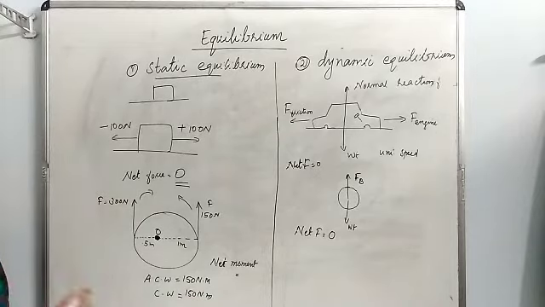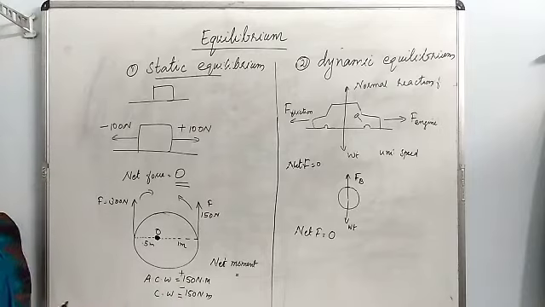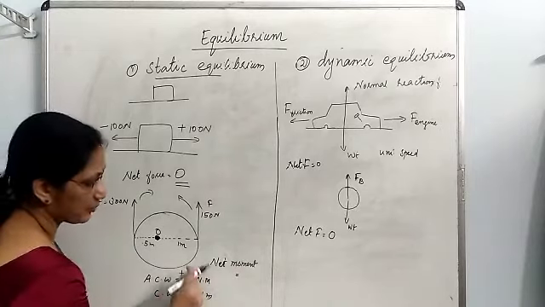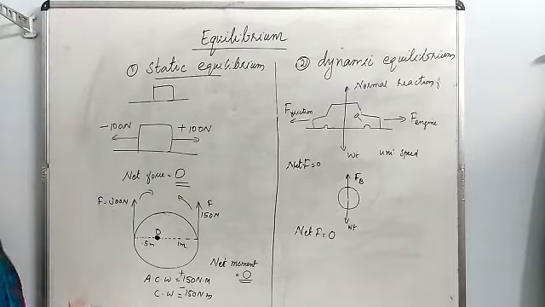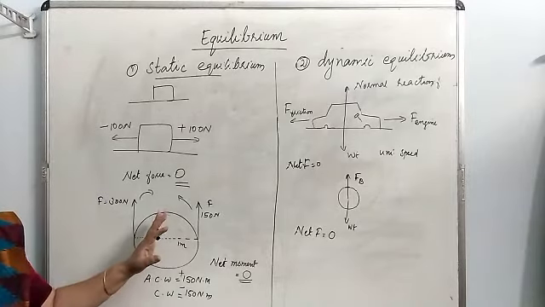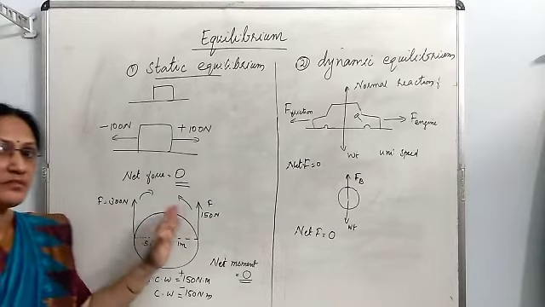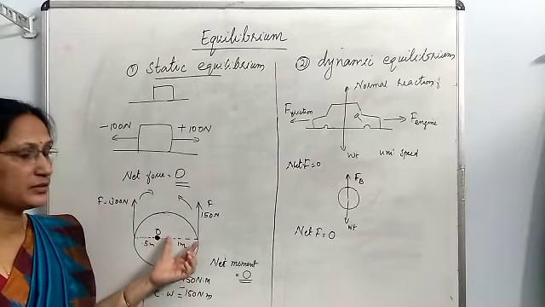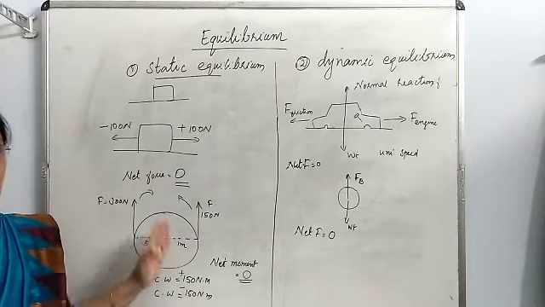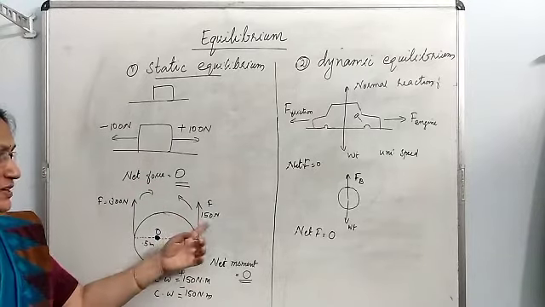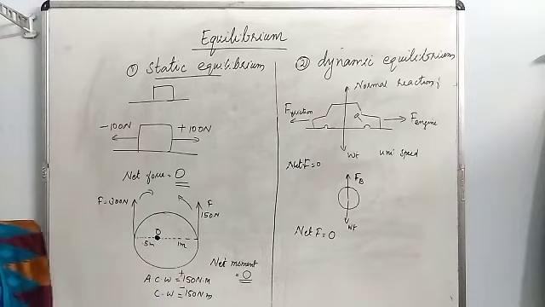Then what is the net moment? Anti-clockwise moment must be given a positive sign, clockwise moment a negative sign. So when you add, the resultant moment is 0. Then this body will not get any motion. The way it was earlier before applying these two forces, the same way the body will remain. That is another example for static equilibrium. It means a body at rest continues in the same state of rest after applying some forces. This is known as static equilibrium.